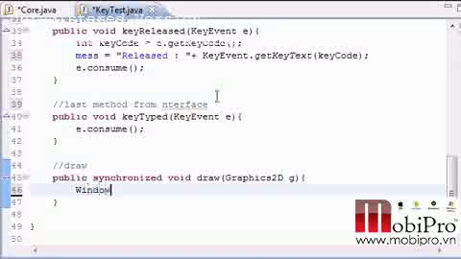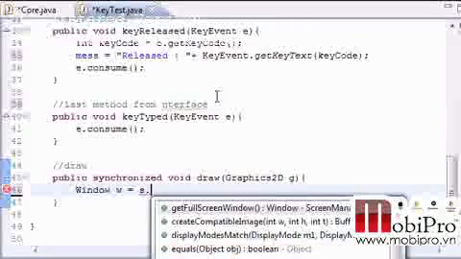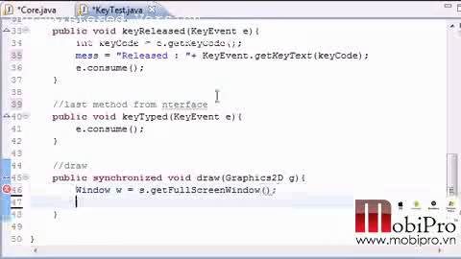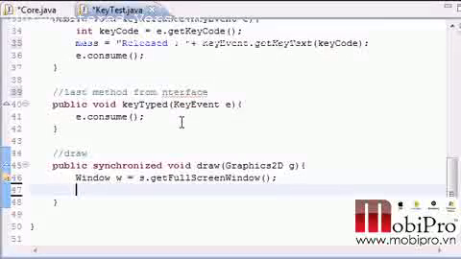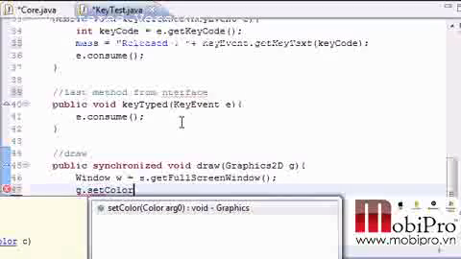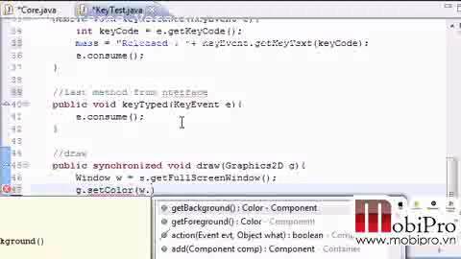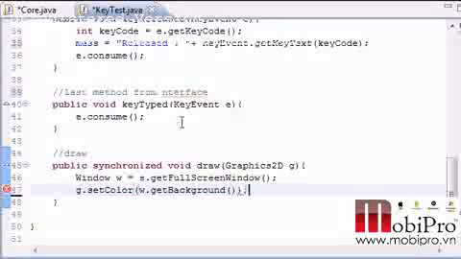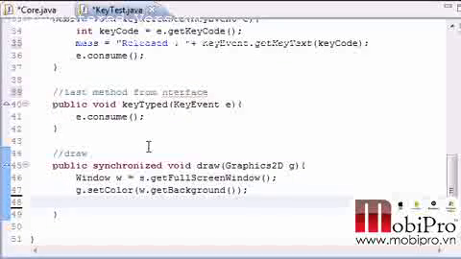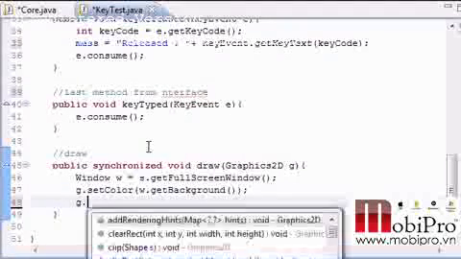And now let's go ahead and get our window object, and set this equal to s dot get full screen window. So now our window is equal to our screen, and we'll just put g dot set color. So our drawn color now is going to be equal to the background. So w dot get background, and if you can't remember, that's green. And what do we want to do now? Well, now that we're drawing with green, let's just make a big background. So g dot fill